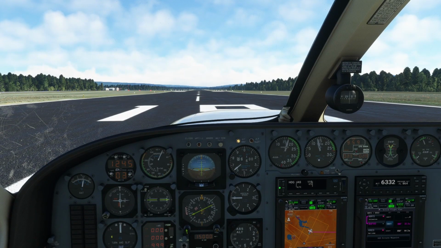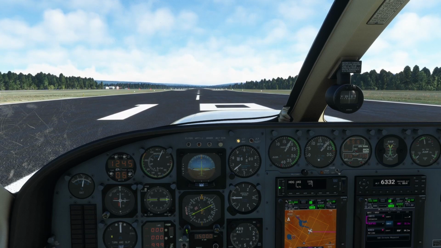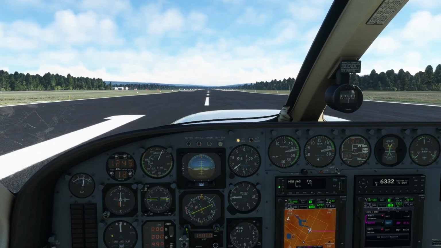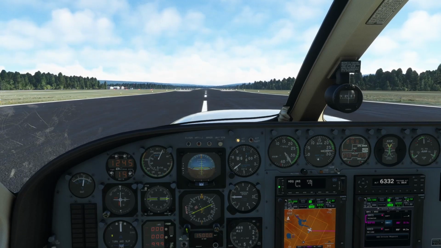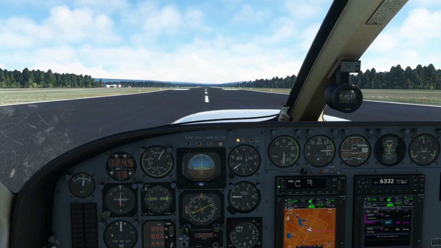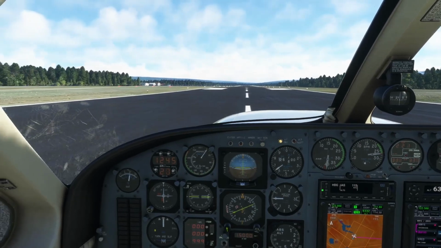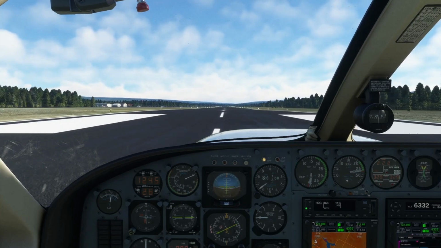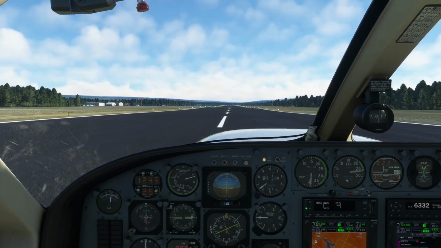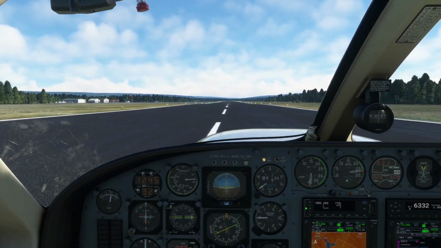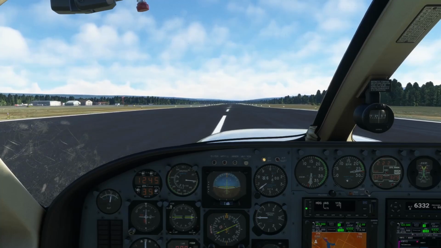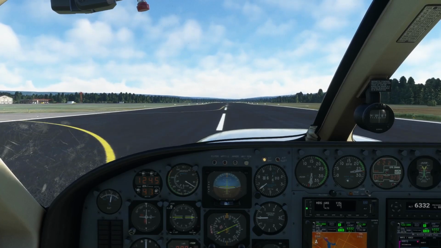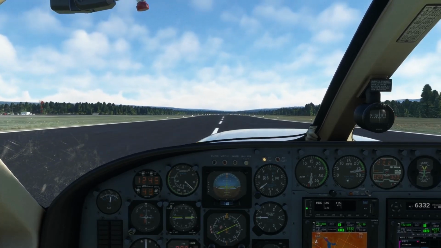So let's go ahead and bring the engines up. Let's make sure that RPM doesn't get too high, so we'll bring it in nice and slow. Everything's looking good, so now we'll bring it up to 40 inches of manifold pressure. Alright, and now we're going straight down the runway. So looking for right about 90-ish knots. There's 80. Thinking about being at 90. There we go. Now we'll bring it back nice and gentle,